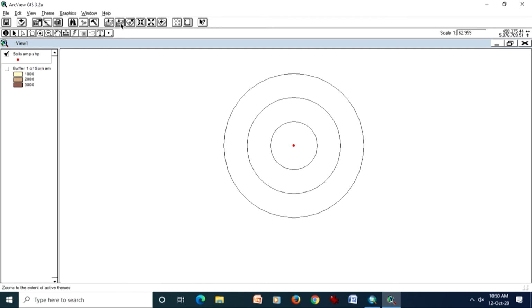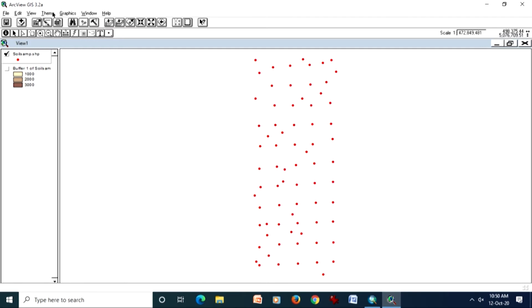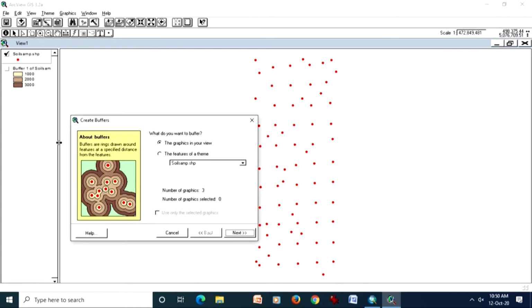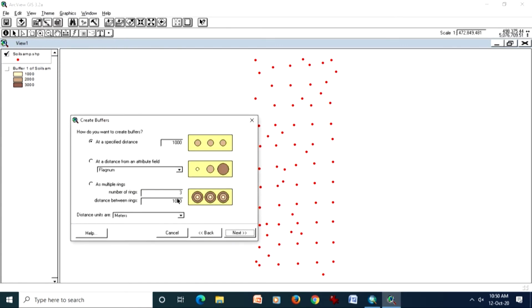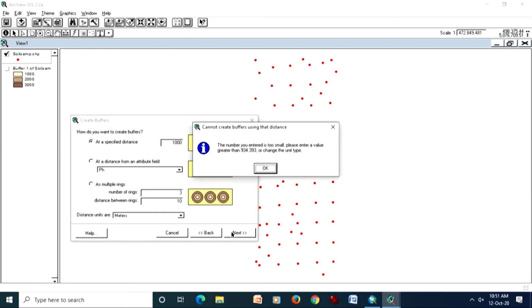But if we want to do it for many points, again we can try and run that one here, and then here I choose a field like this one, and then say okay.